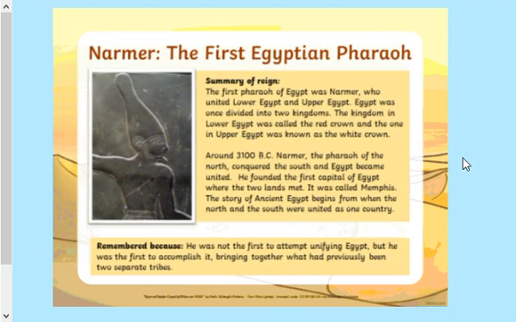To begin with, ancient Egypt was actually split into two kingdoms. You had the upper kingdom and the lower kingdom. And those two kingdoms had two different rulers, two kings. At that point, they weren't called pharaohs, they were kings. Now, the very first Egyptian pharaoh was somebody called Narmer. And he's quite important in ancient Egyptian history because he came and conquered